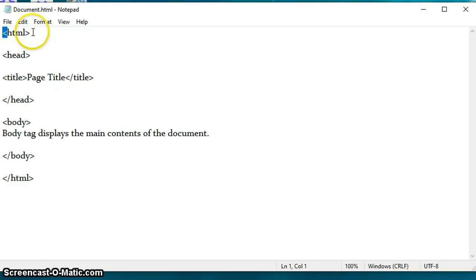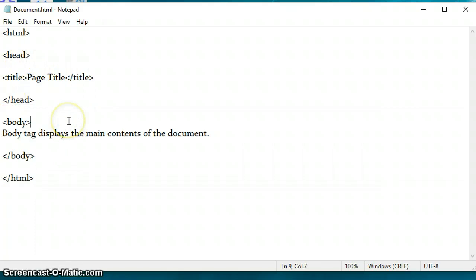This is an angle bracket and inside this lies the tag. And what is the difference between an opening tag and closing tag? A closing tag has a forward slash. This is called a forward slash.